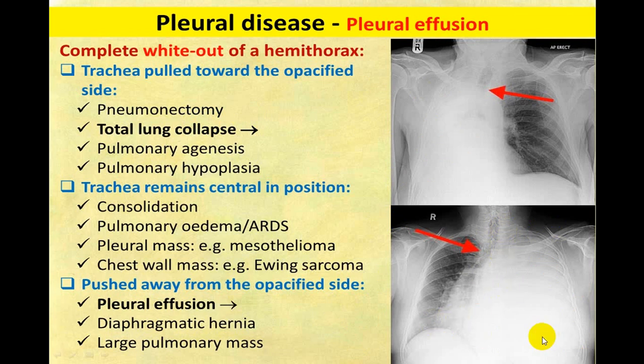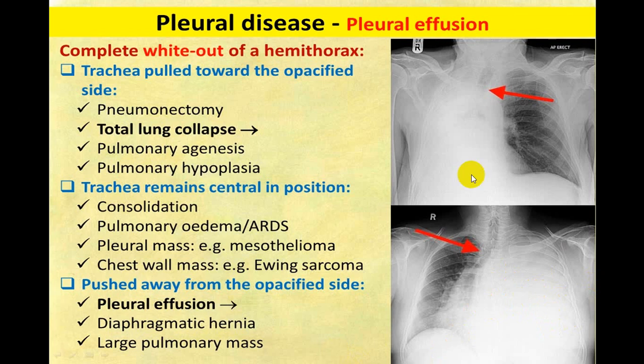Mediastinum is also shifted. Left diaphragm, left border of the heart, aortic knob, left hilum, left atrium, I cannot make out. Left side of the chest also I cannot demarcate nicely. Left costophrenic angle also I cannot make out. So there is a push from this side. Push, pleural effusion. Massive pleural effusion in this case.